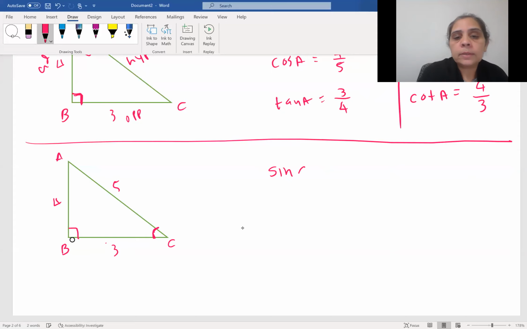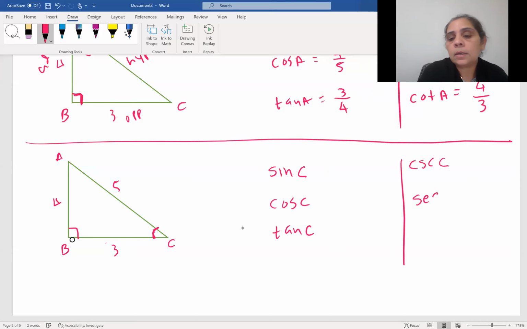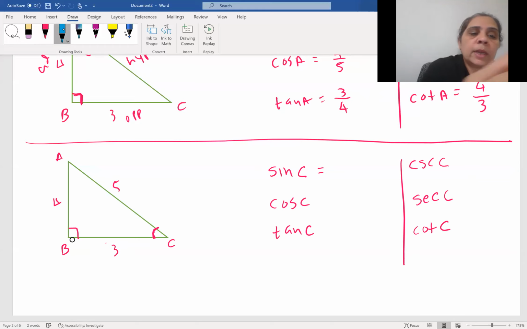So sine C, cosine C, tangent C. And then we will do cosecant C, secant C, and cotangent C. All right, each time you do homework, write down SOHCAHTOA, so you will memorize it by the end of your homework or practice problem. So let's say SOHCAHTOA,